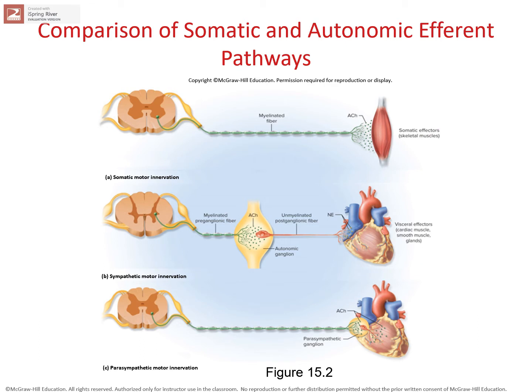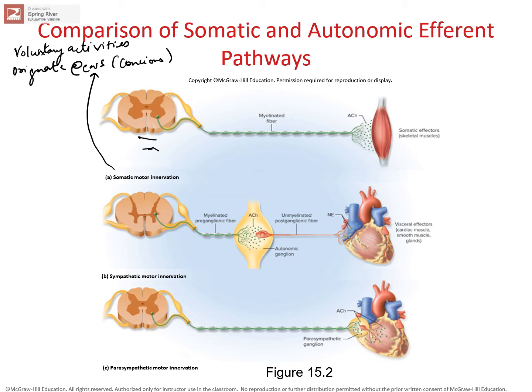All right, so let's quickly write it down. The somatic motor division or the somatic efferent division is involved in voluntary activities, and that includes skeletal muscles. They originate at the central nervous system, the conscious level. Okay, so the cerebral cortex basically tells our muscles to get up and get going so we can walk around